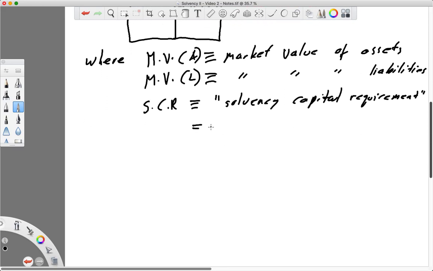Let's just define this a little bit more. So this is equal to the amount of money required,